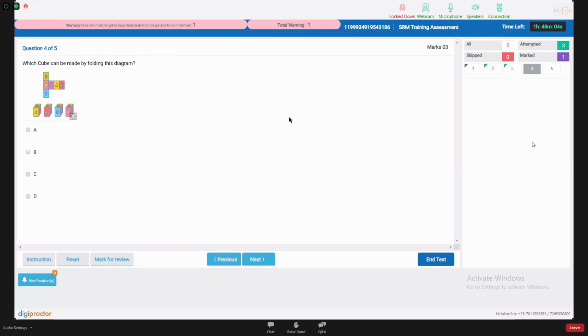This is how you will get the alerts, and the total number of warnings will be displayed for you here itself. Try to have these warnings at the minimum. Whatever alert is spotted, you will have to take corrective measures and be in a proper space. Ideally, your face should be clearly visible, no direct light should be going into the camera, and there should be no one else apart from you in the camera frame.